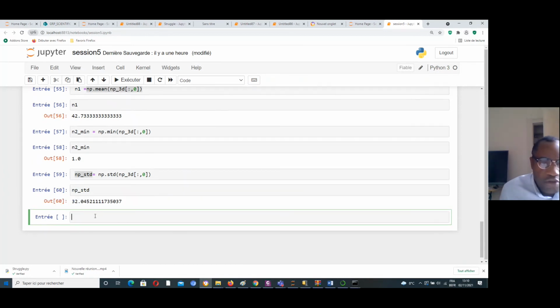Okay, here is the standard deviation for all these values.